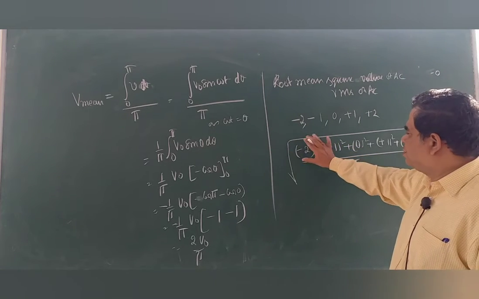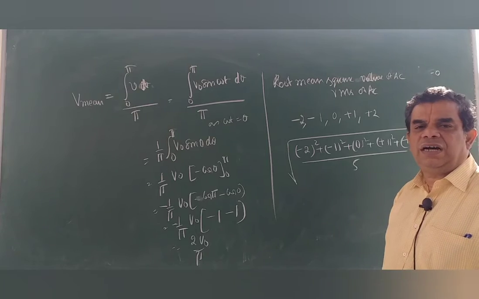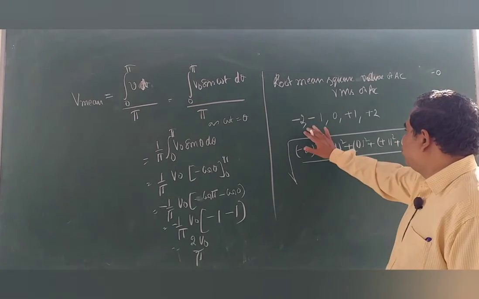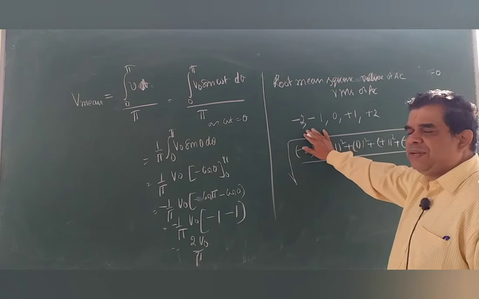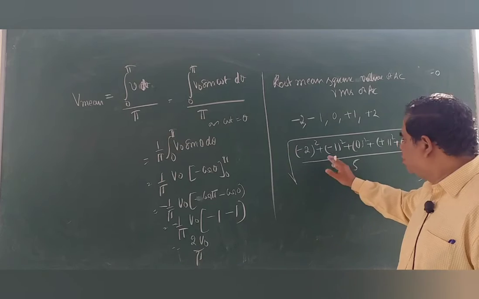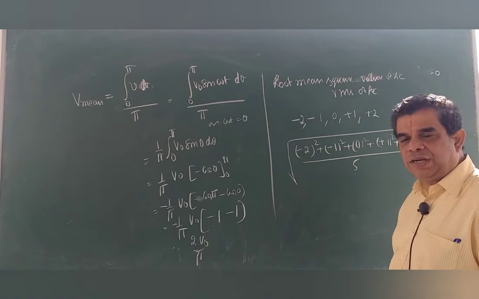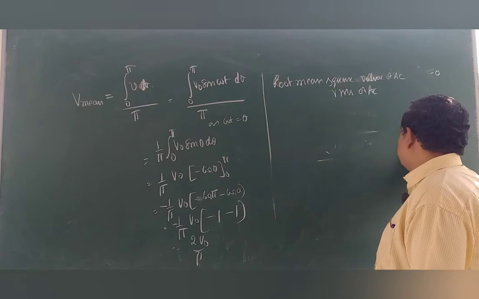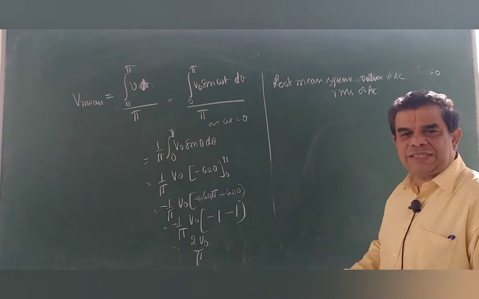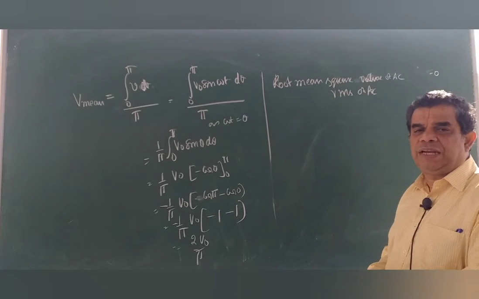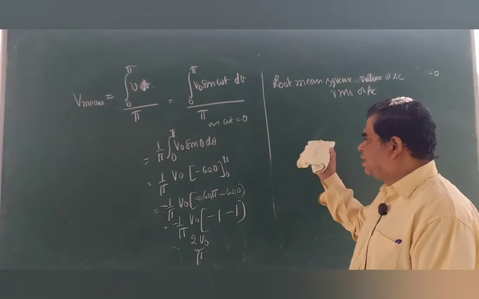But now we do the same thing for AC voltage for a full cycle, because observe, even though equal positive and equal negative values are there, root mean square cannot be 0 because -2 squared becomes +4, -1 squared becomes +1, like that. Therefore, root mean square value of AC cannot be 0 and it has some value. Now we want to derive an expression for root mean square value of AC, and we go for that now.